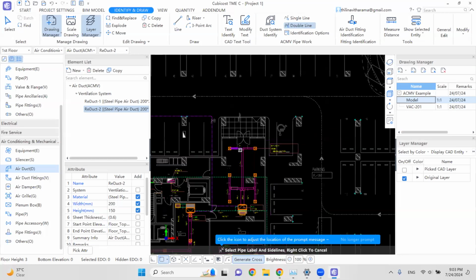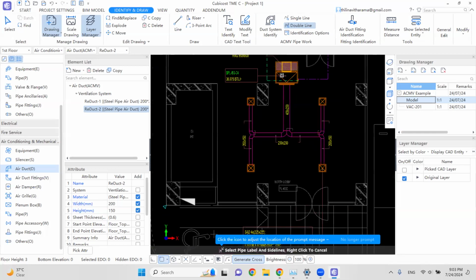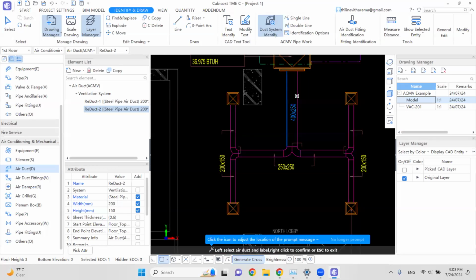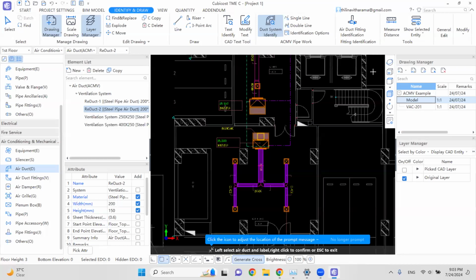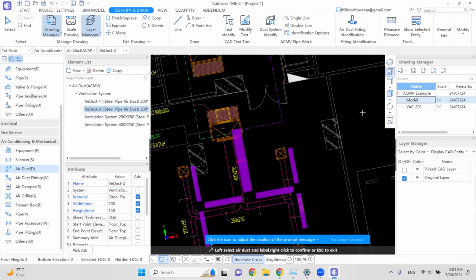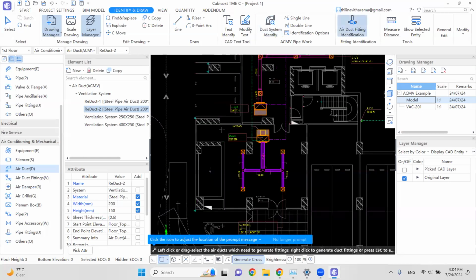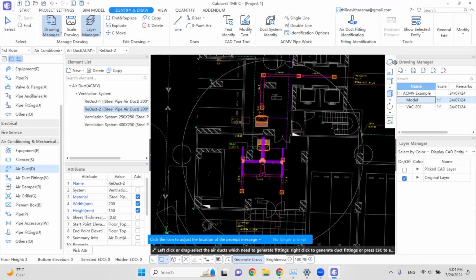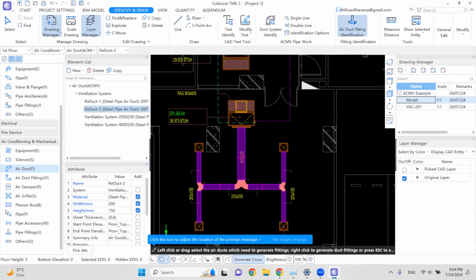If you want to generate the duct at once, you can use this duct system identifier. One click here, one click here, one click here, one click here, right click and click OK. You can generate quantities for ducts within a few seconds. Then you can put all the duct fittings like this. You can have all the duct fittings and you can use the auto identification function to calculate these air